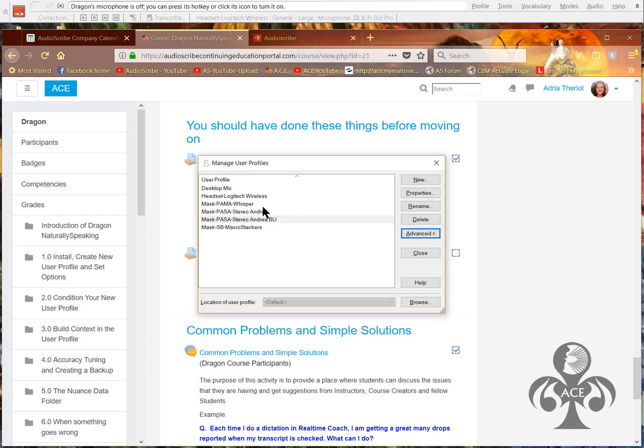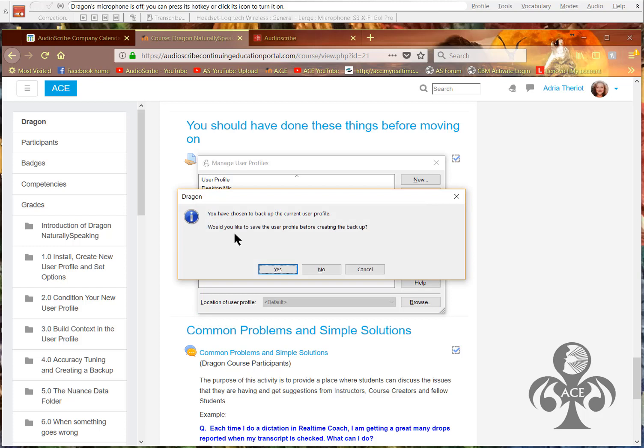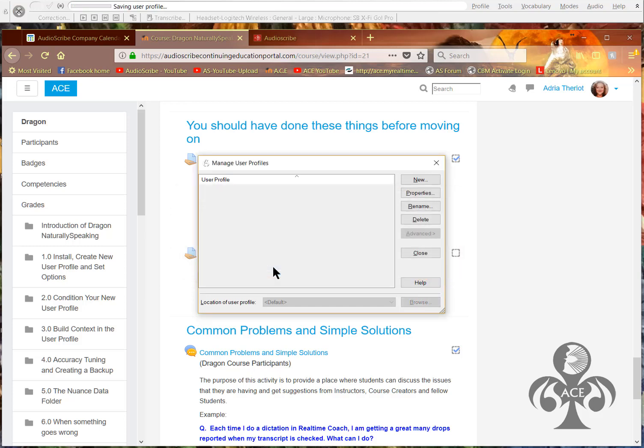You can also click on Advanced and Backup to automatically back up any profile. So we'll click on a different one. Click on Backup, and it says you have chosen to back up the current user profile. Would you like to save the user profile before creating the backup? I always say yes. And it's going to create the backup. Now,